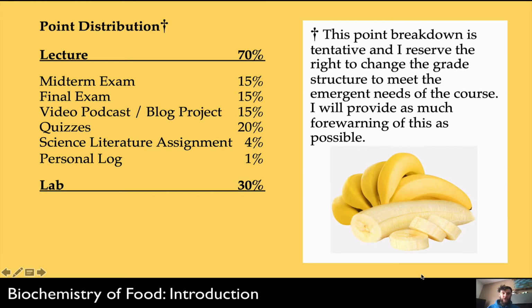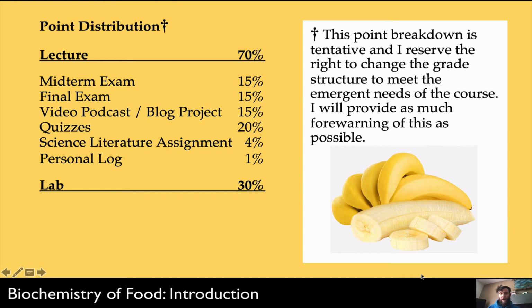The lecture is going to be approximately 70% of your overall grade. You're going to get one grade that's going to cover both the lab and the lecture. So the work you do in the lecture is about 70% of the grade. And then what happens in the lab is about 30% of the grade. Your lecture grade is going to be made up of a midterm exam, which will be roughly 15% of that 70. And the final exam, which is another 15, you'll have a video podcast or blog project, which is 15%